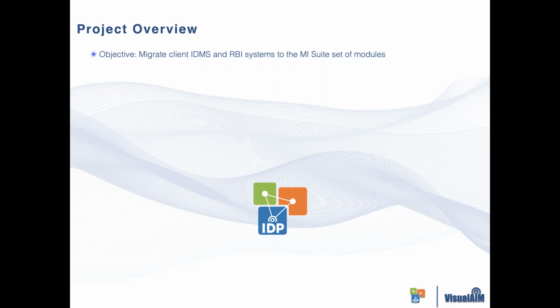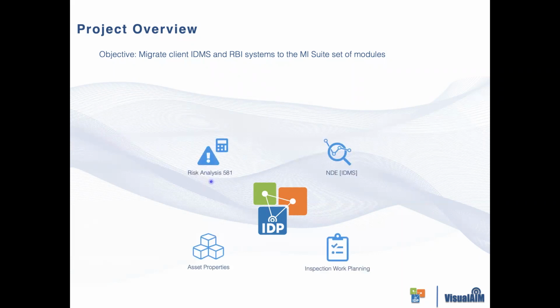Now, what was the primary idea behind doing this? It's because the company was managing essentially 2 separate solutions, one for inspection data management system and another one for RBI, and they had to be updated in parallel for their mechanical integrity activities. VisualAIM has both a risk analysis and an IDMS module, both integrated into the cloud-based solution. So you basically eliminate one redundant system such that you only manage one program moving forward, and all of the modules are integrated. So in the original scenario, you've got 2 separate software systems that you've got to update individually,